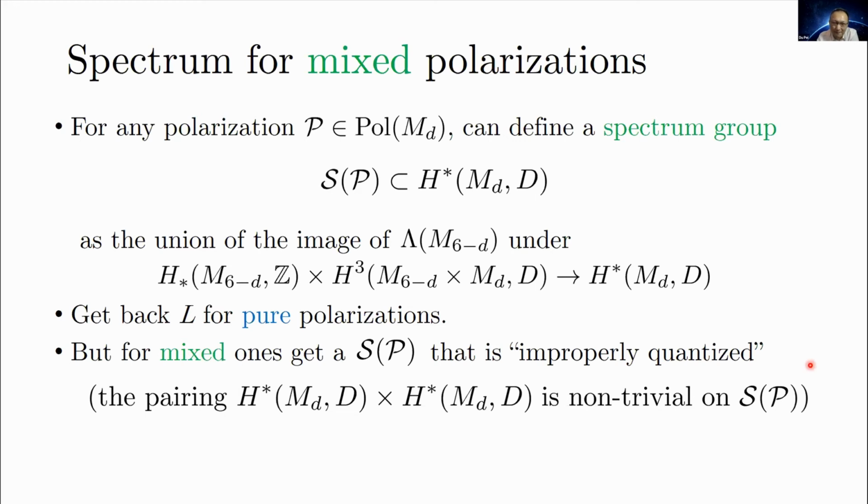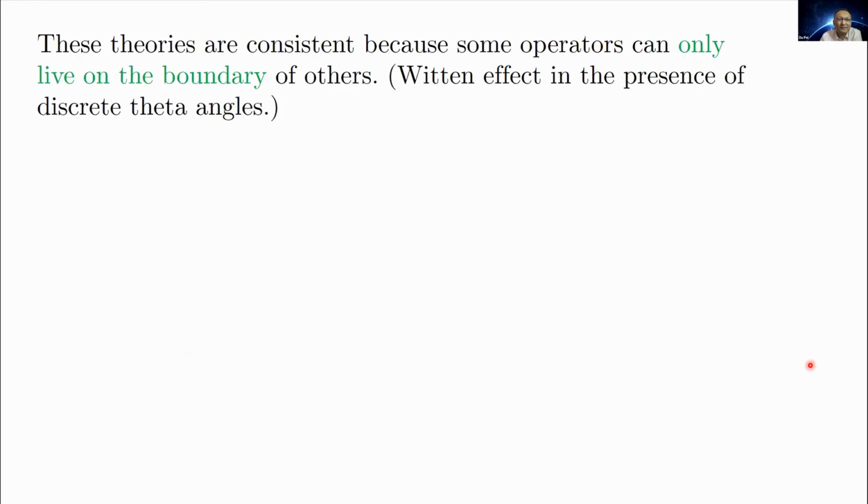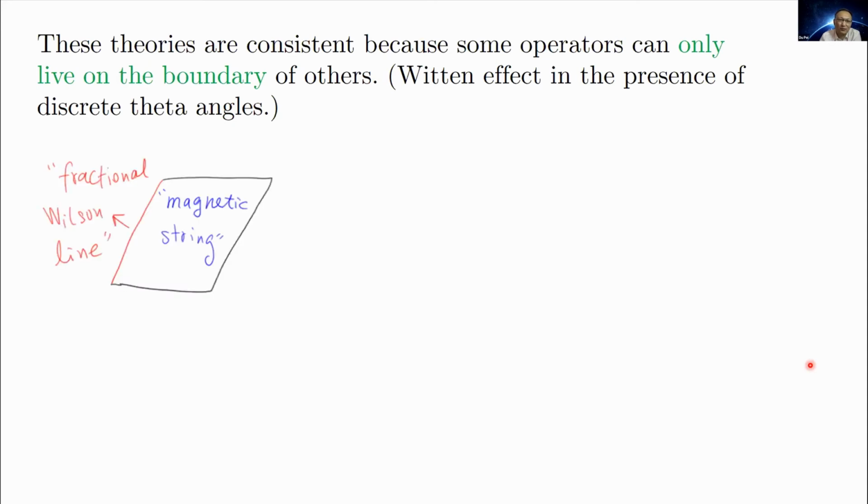as P. And physically, this would indicate that this theory seems to contain operators that do not satisfy the Dirac quantization condition. So how can this theory be consistent? It turns out that the theories are consistent because some of the theories do not exist independently. They only exist on the boundary of some other theories. And this can be interpreted as the Witten effect or a generalization of the Witten effect in the presence of discrete